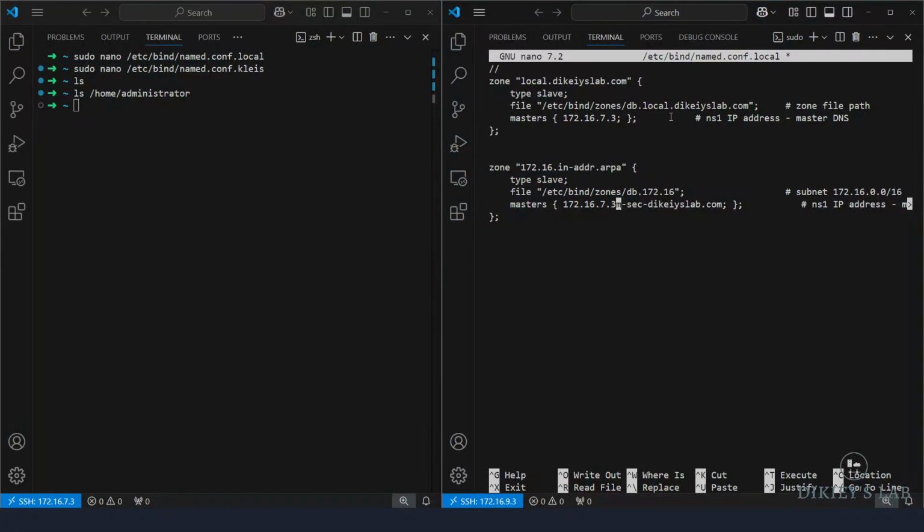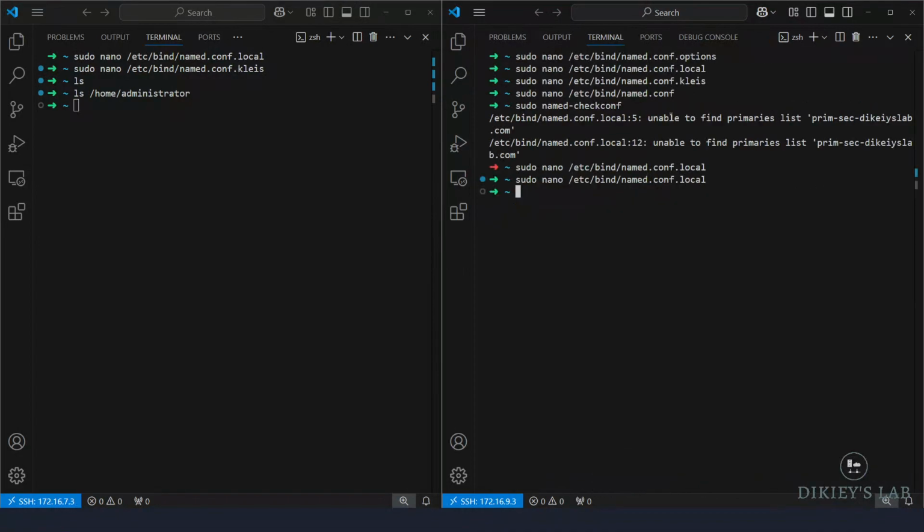172.16.7.3. Then I'm going to do away with all that. We're going to Control X, yes, and check conf again, and that solves our error. So if you want to check all configurations, again you can use -z, and since we don't have